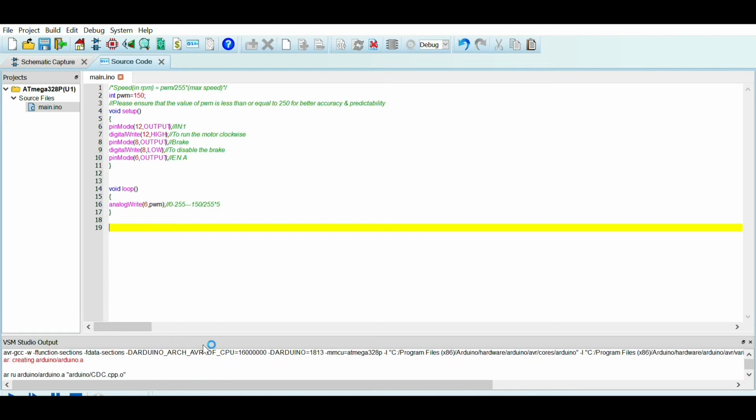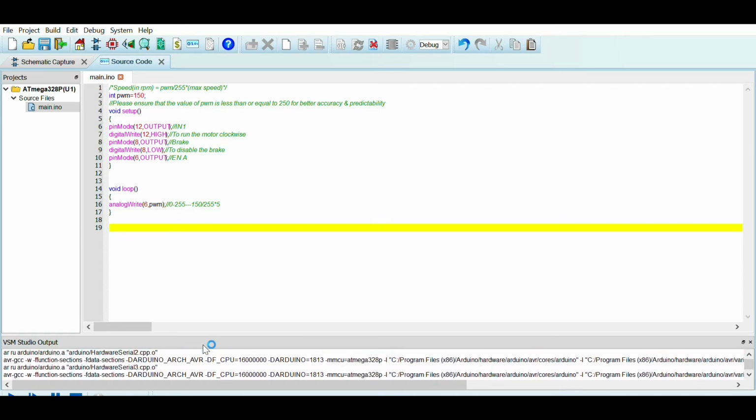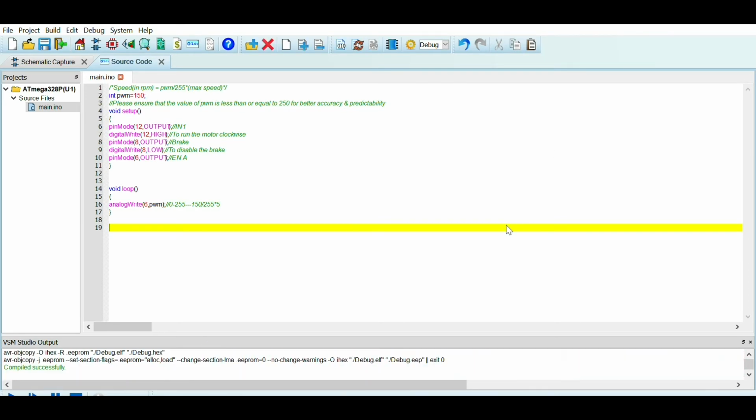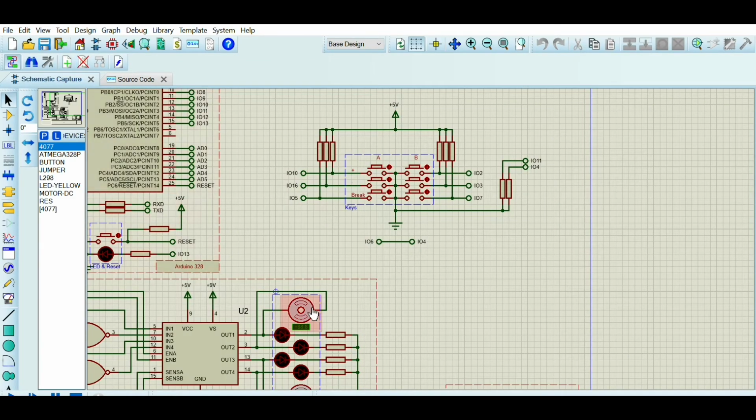Now we can see it is being compiled. And now it says it is compiled successfully. And now I'm going to the schematic capture, and now I'm going to run the simulation. So now we can see the motor has started turning.